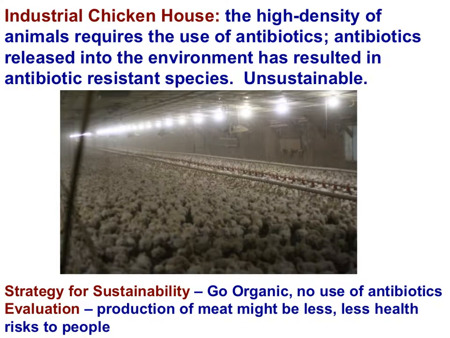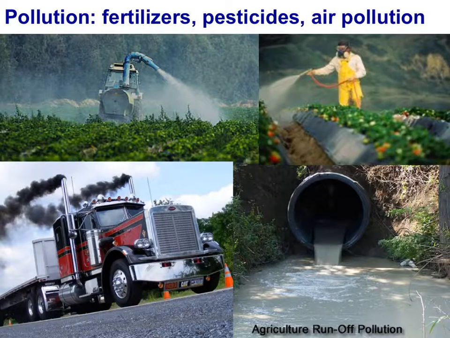The same holds true for animal farms. Often our animal farms operate in very high densities. The possible spread of disease requires farmers to use antibiotics. The release of antibiotics into the environment is resulting in antibiotic-resistant species. This is unsustainable. The high levels of pollution from the industrial farm makes the industrial farm less sustainable than the